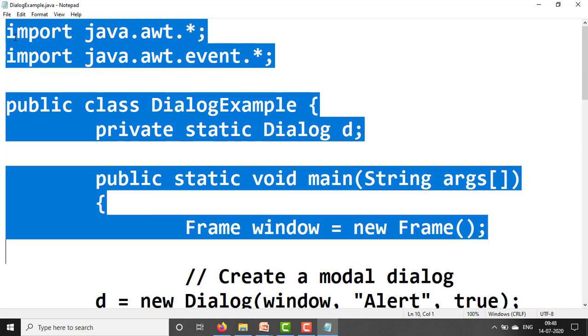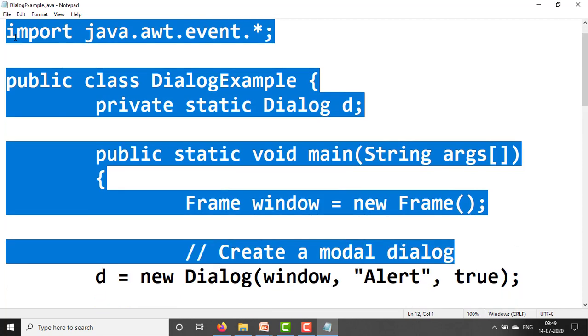Here we have taken the object of the Frame class also. The frame window is the object of the Frame class, the parent class for this dialog: Frame frameWindow = new Frame.